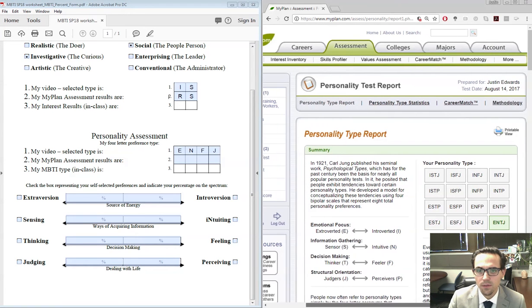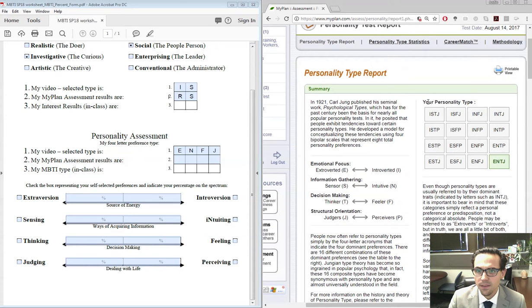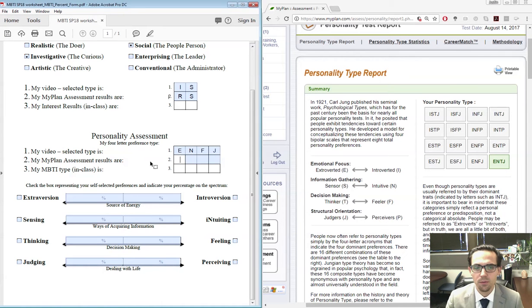The first thing we'll look for is under your summary. We'll identify your personality type. Mine came up as ENTJ. So again, we'll go to the second line of boxes under personality assessment and we'll share E, N, T, and